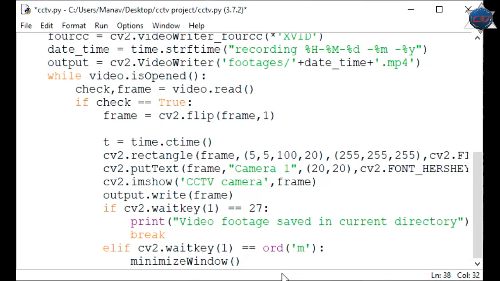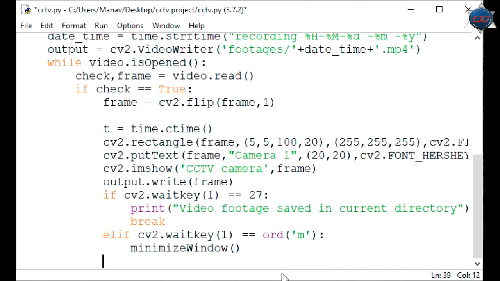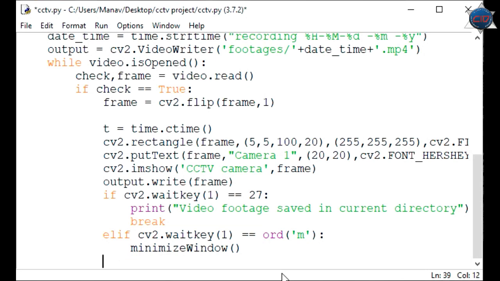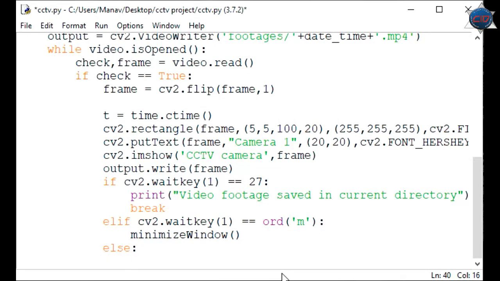Now I'm just passing an else statement, and here it will just break the loop. So it will print can't open the camera, because there may be a situation that check will not be true.